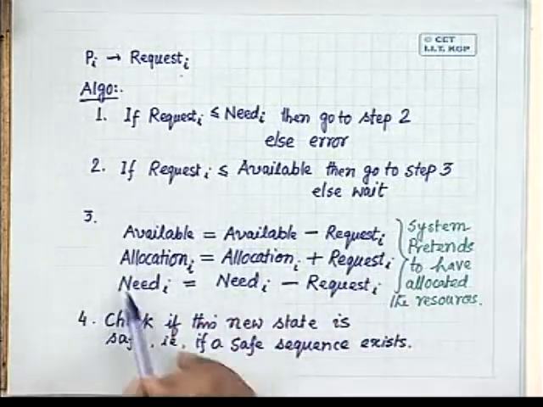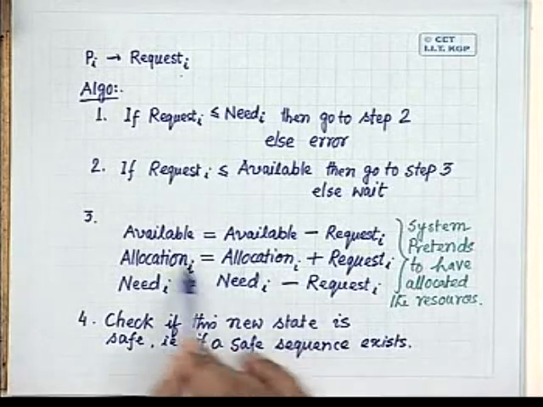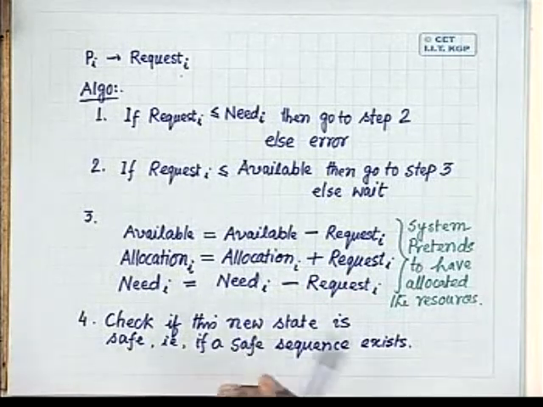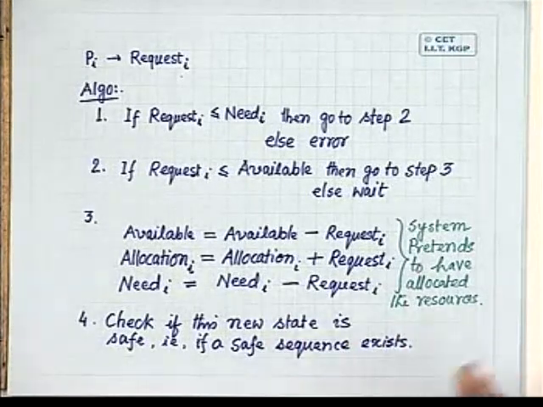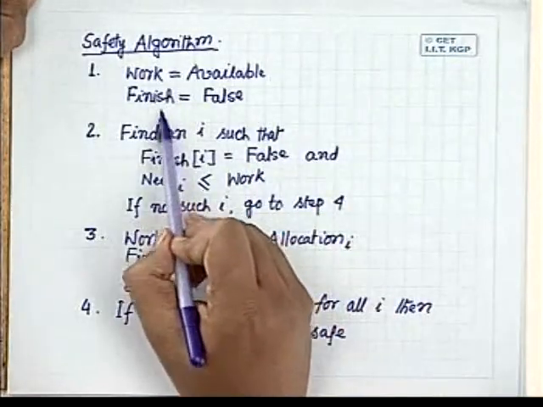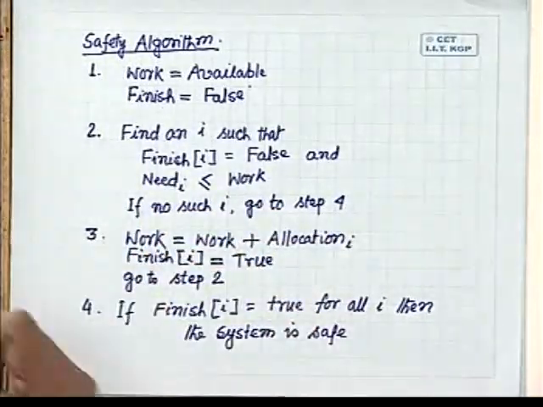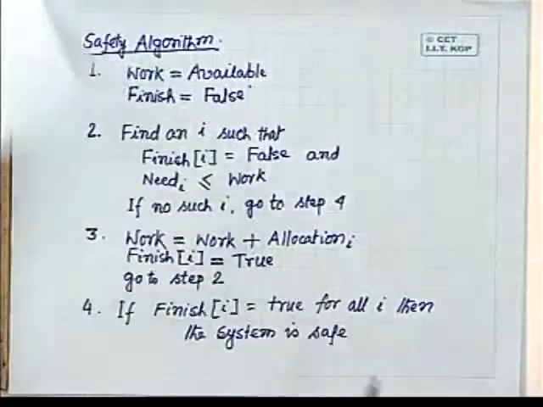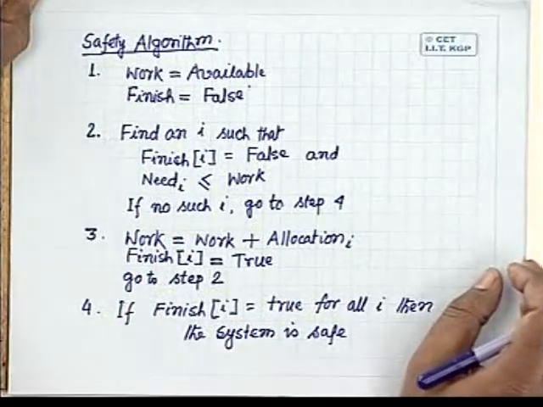Okay. So by modifying these data structures, the algorithm now moves to a safety algorithm to check whether this new state that has arrived is a safe state or an unsafe state. If it is a safe state, then the resources can be allocated. If it is an unsafe state, the resources cannot be allocated immediately. So the safety algorithm makes use of two local data structures, Work and Finish. Work is initialized to Available, which comes from the previous part of the algorithm. So this is the Available which is assigned to Work, and Finish is a Boolean vector. All the components of Finish are initialized to false. Okay.